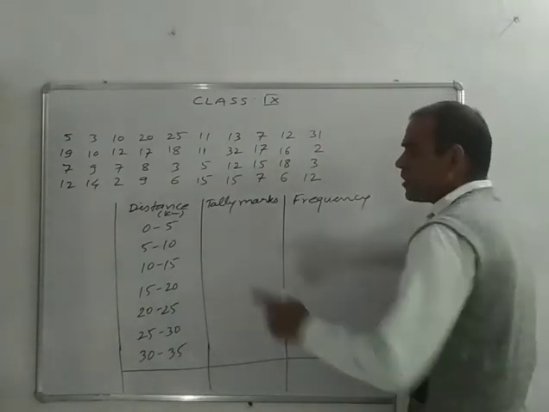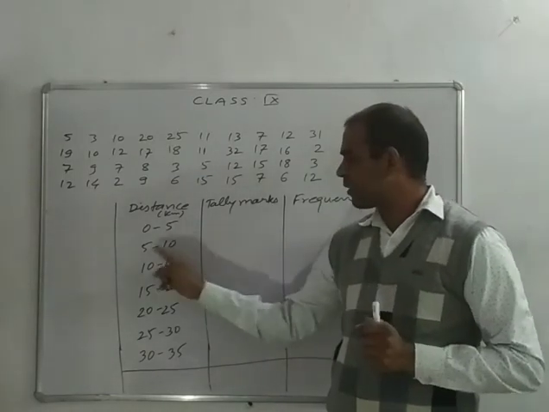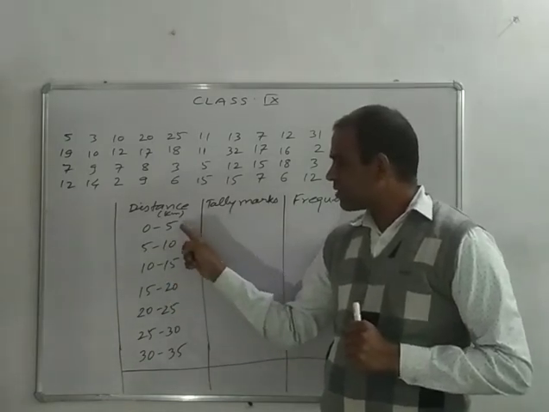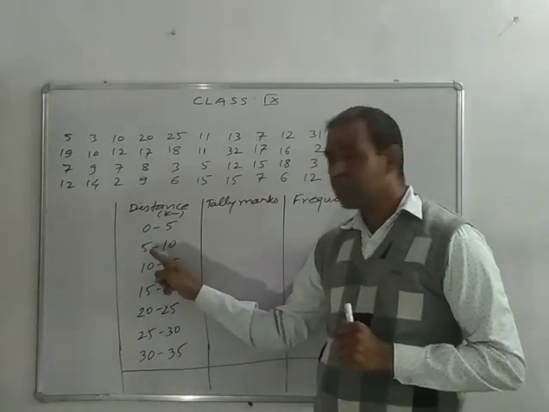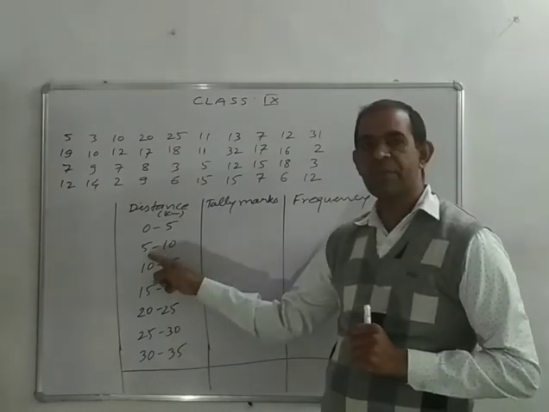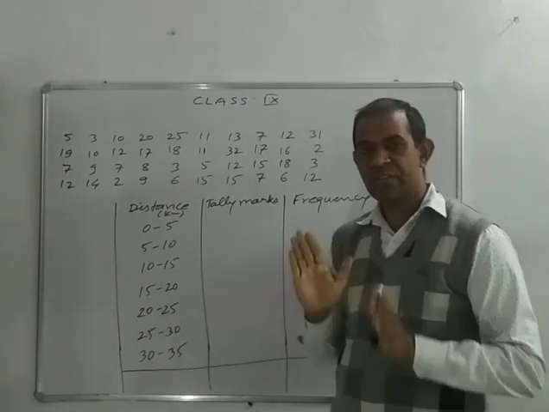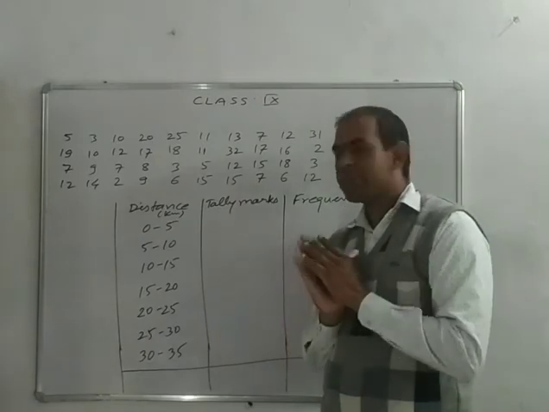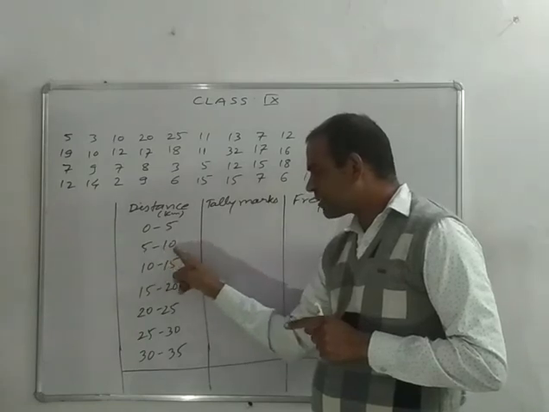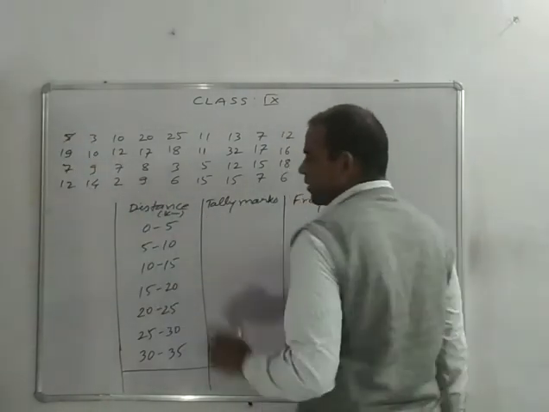First, here 0 to 5, the most important thing to understand is the same number 5 and 5, 10 and 10, the upper limit and lower limit. The upper limit of the first interval is equal to the lower limit of the second interval. So the same number is counted in the lower limit, यानी आगे वाले में। 0 to 5 का मीनिंग ये हुआ 0 से लेकर लेस देन 5 तक। 5 होते ही हम नीचे नेक्स्ट इंटरवल में, यहाँ पर 5 से लेकर लेस देन 10, 10 होते ही नीचे।